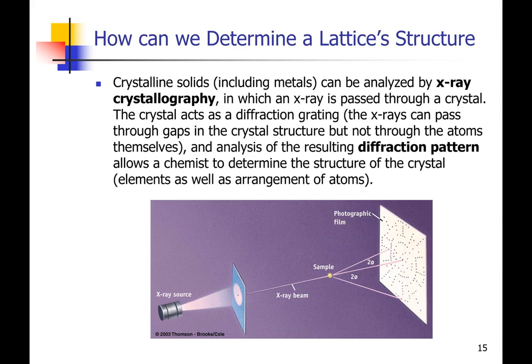And essentially what you have to do is you have to grow a perfect crystal of a material, and then you pass X-rays through that material. And the material acts like a diffraction grating. It diffracts the wave function of the X-ray, and you get this pattern of dots that's detected by a detector,